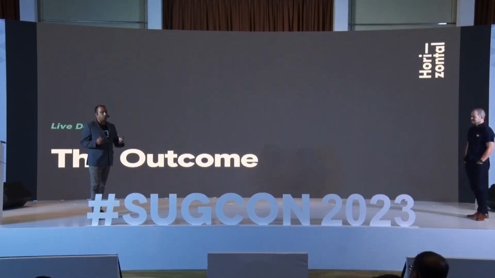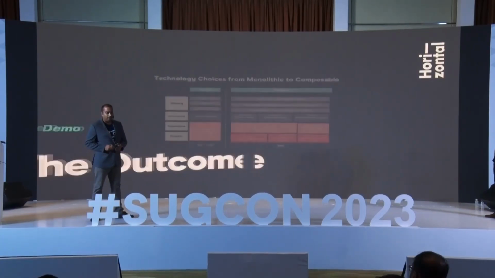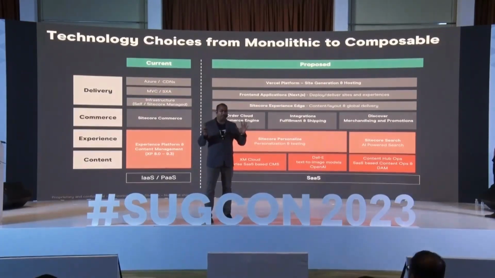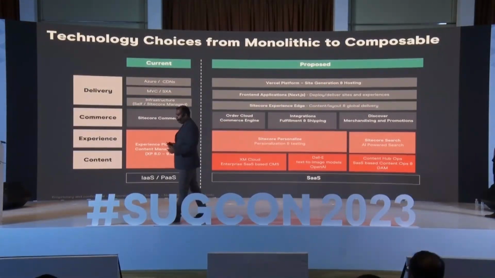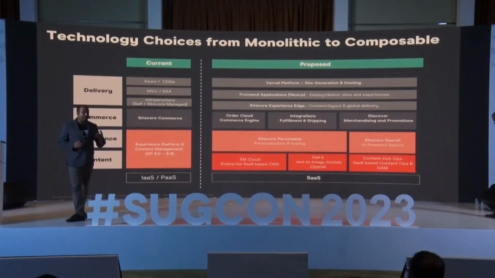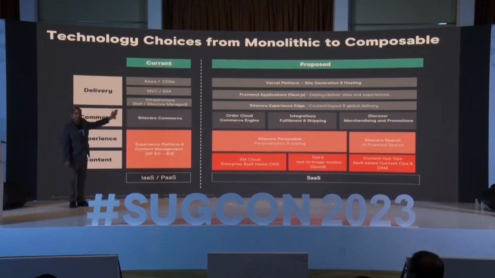But finally, we're going to see all of this, how the outcome is. And before that, I would like to show how this is going to translate in terms of technology. Obviously, here is a high-level overview. On the left-hand side, you see different layers: content, experience, commerce, and delivery. And on the right-hand side, you have the current stack. A lot of us are working in this area. How many of you are still working on a project with this current stack? Few of us. I also work. I also have projects. There's no shame.